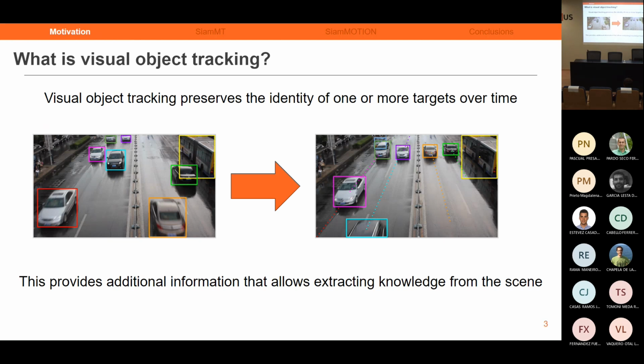Okay, as you may have guessed from the title, my work focuses on visual object tracking. So first of all, I'm going to tell you what this is all about. Visual object tracking consists in maintaining the identity of one or more objects detected through a video. This is, in the first frame of the sequence, we are given the objects of interest that the user wants to track. And our job is, for the subsequent frames, to give the information of where those objects are located, maintaining their identity. For example, in this case, we are given these cars to follow, and we show them in the subsequent frames of the video.